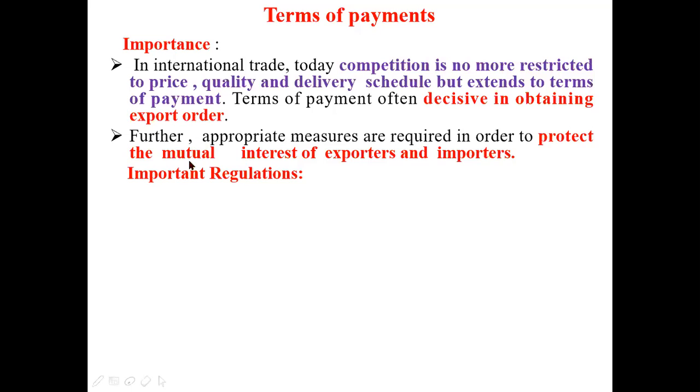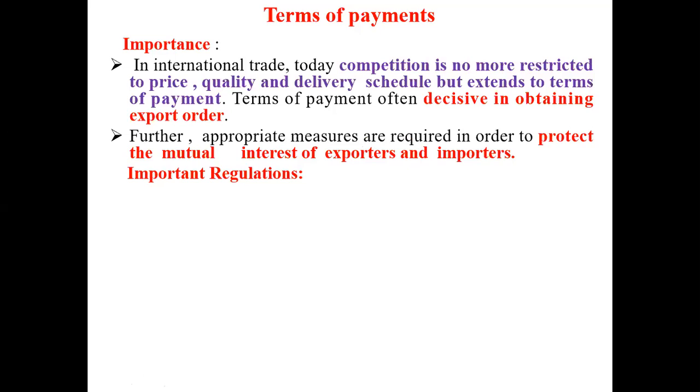Now, the most important thing is that appropriate measures are required in order to protect the mutual interest of the exporters and the importers. In international business, exporter and importer are separated by thousands of kilometers. They don't know each other, they don't know each other's credibility, and they cannot meet frequently. In this situation, the exporter